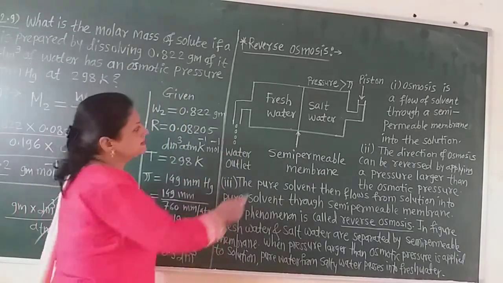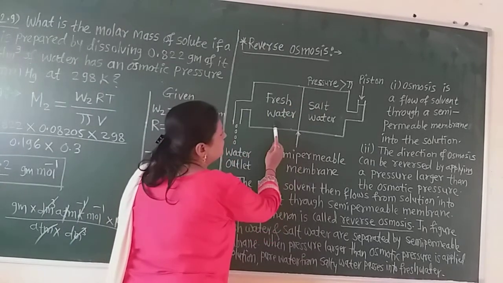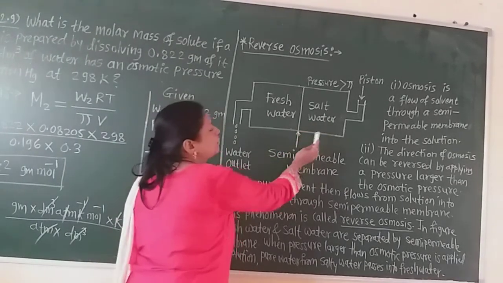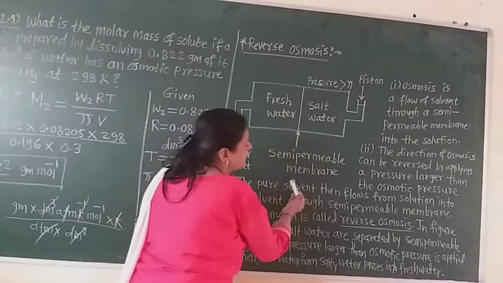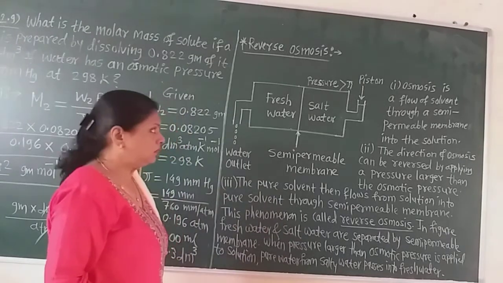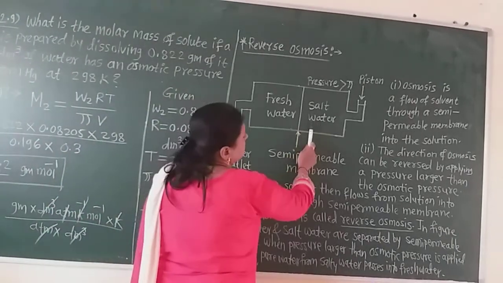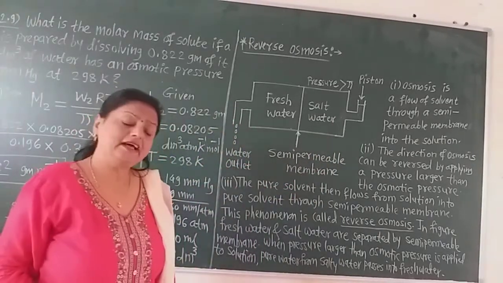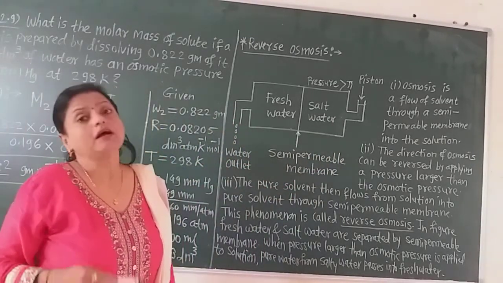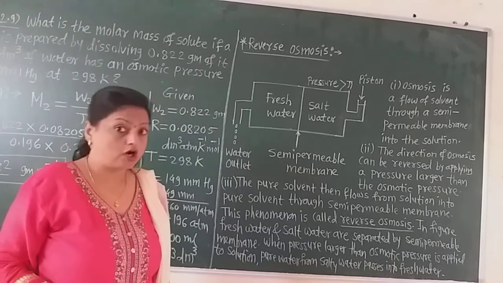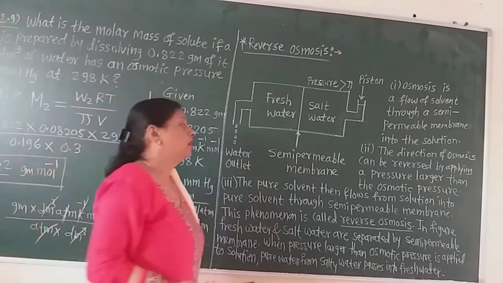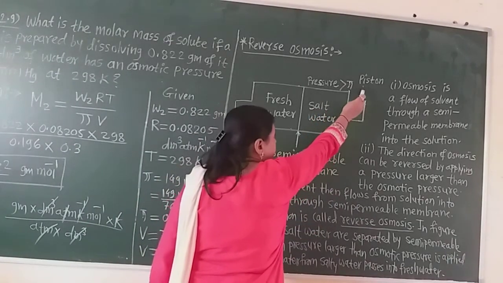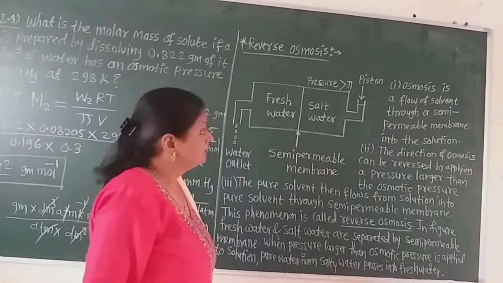Here this is the semi-permeable membrane, and the two different liquids, that is the fresh water and salty water, are separated by the semi-permeable membrane. Here we know that the osmotic pressure is there. We can calculate the osmotic pressure when equilibrium is established. So if we apply a pressure greater than the osmotic pressure by using this piston